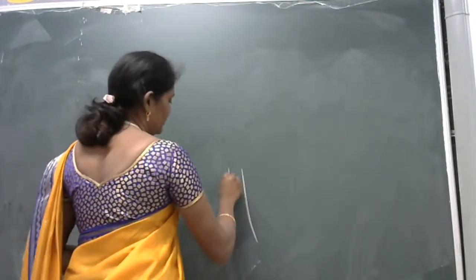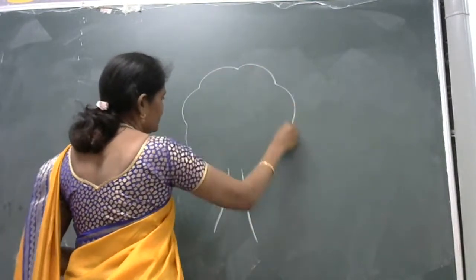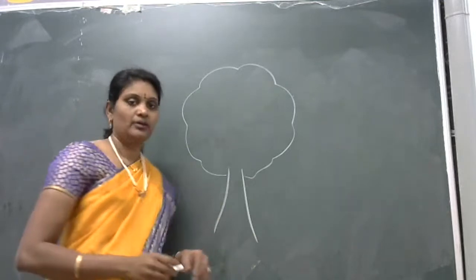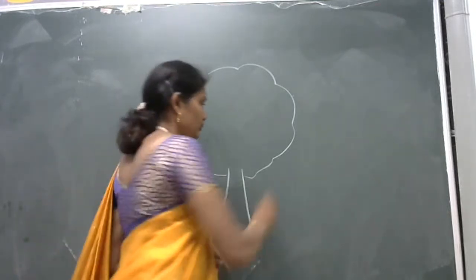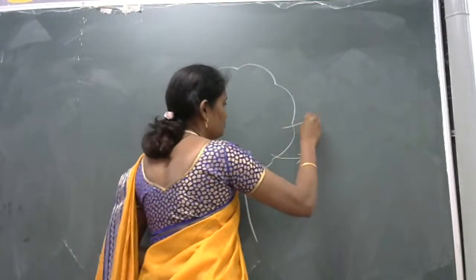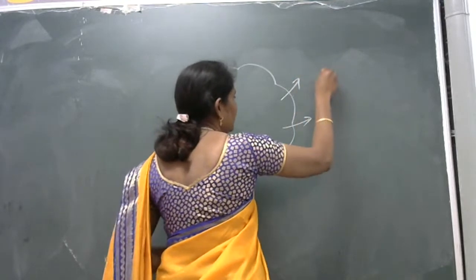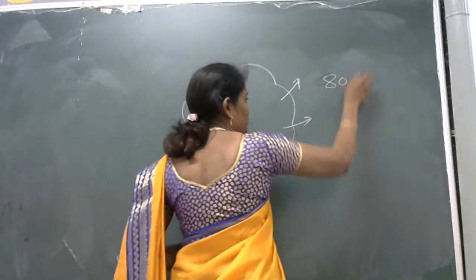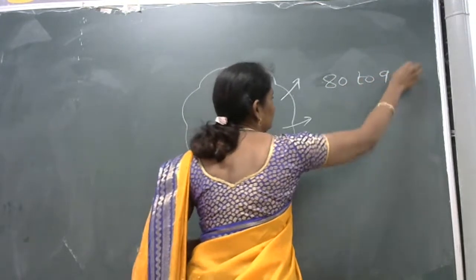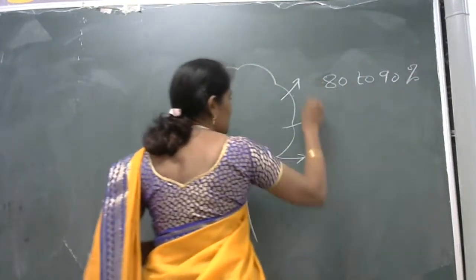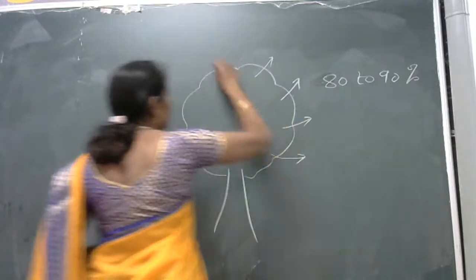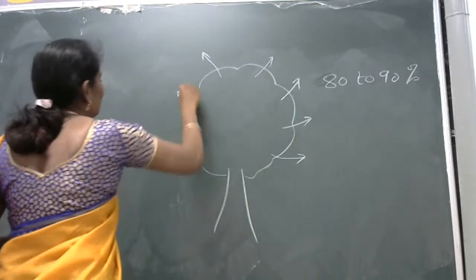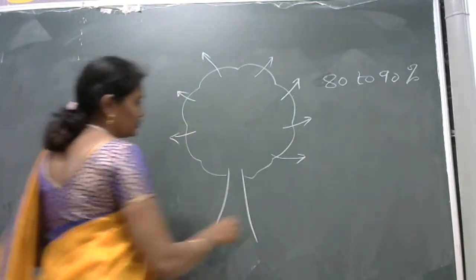So when I say tree, because you know that most of the water which is absorbed by the tree, most of the water is removed. Might be 80 to 90% of the water is removed through transpiration, through